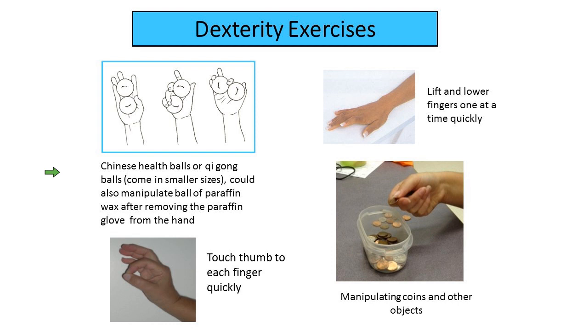Those Chinese qigong balls, some come in small sizes. You can try and move them around. If you don't have those, what you could also do is make balls out of your paraffin wax after you take them off, while it's still warm, and move those around in your hand before you put them back. You can try and touch